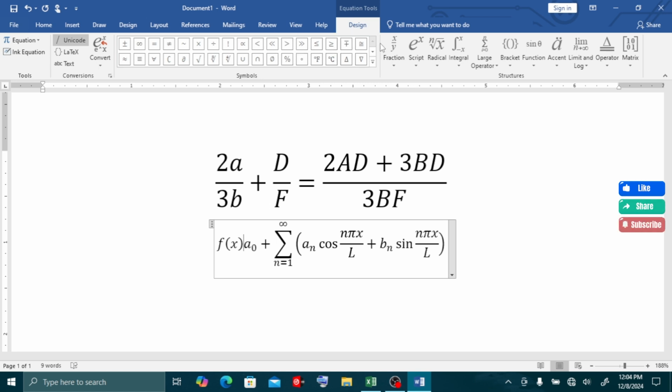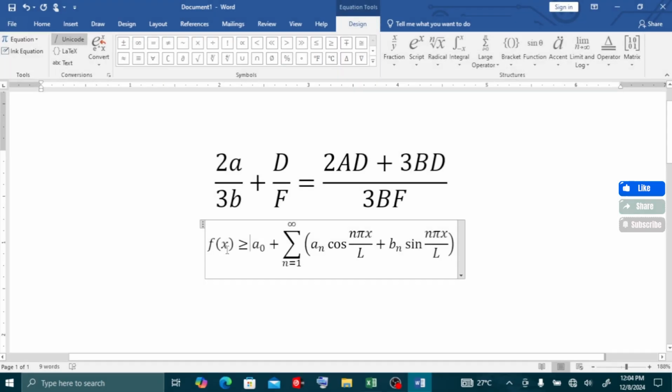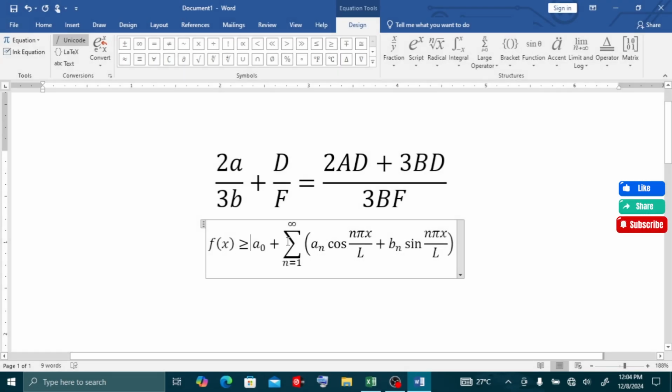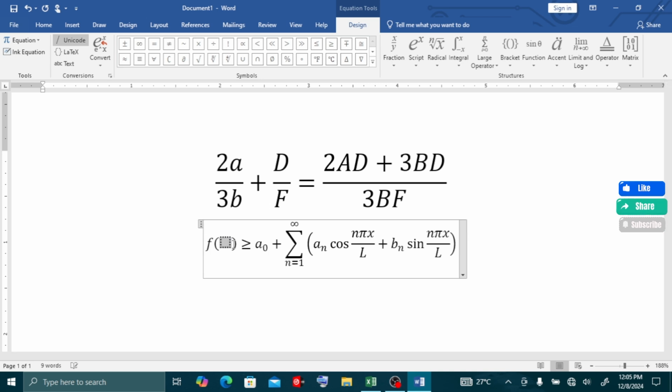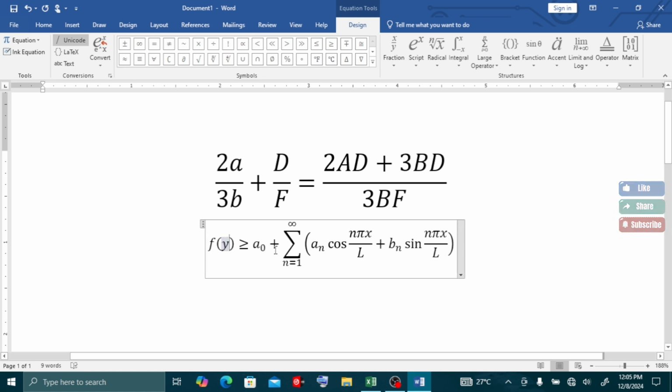Above in the ribbon, below the design tab, there are signs. We can say either greater, that is it. Or this one, you make it Y, you remove X, and you say Y. Anything you want to modify.